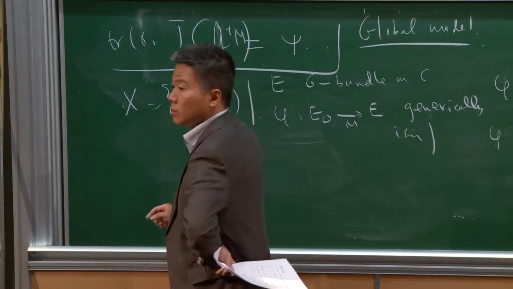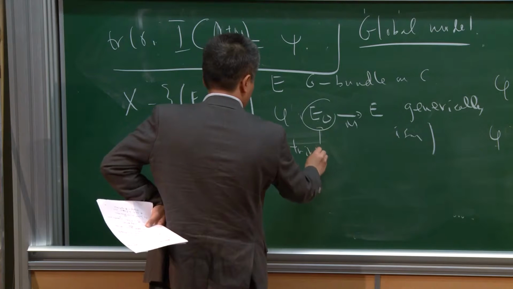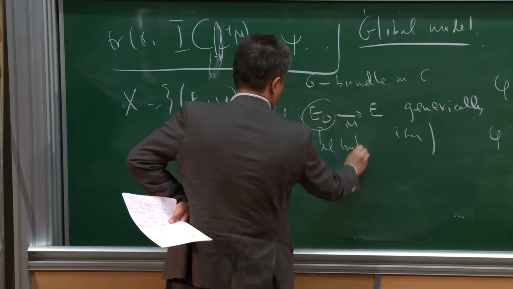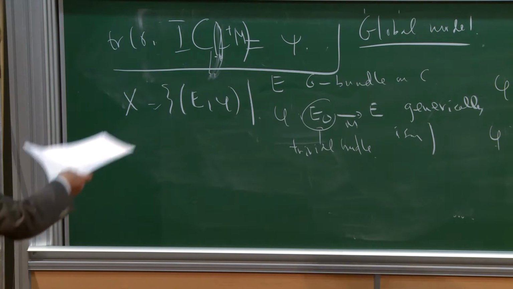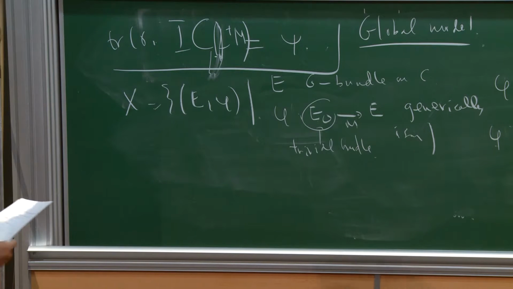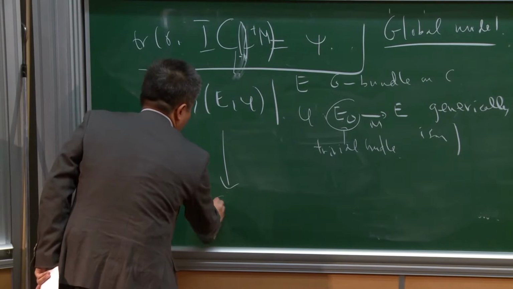Sorry? E naught is the trivial bundle. E naught is a trivial bundle, yes. Right. And these have a morphism to, by abelianization, this has an obvious map to the same thing for G, EGM,